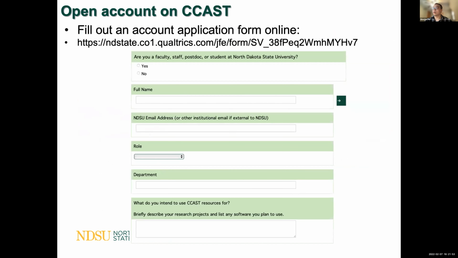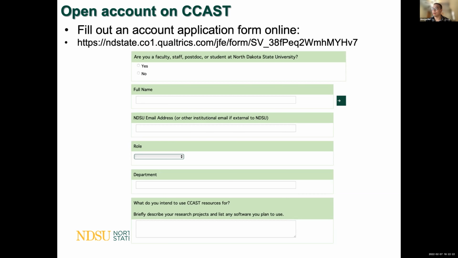And the steps to open an account. The first step is to fill out an account application form online in this link. The questions include: do you belong to NDSU, type your full name, type your NDSU email address, choose your role, type your department, and briefly describe your research projects.